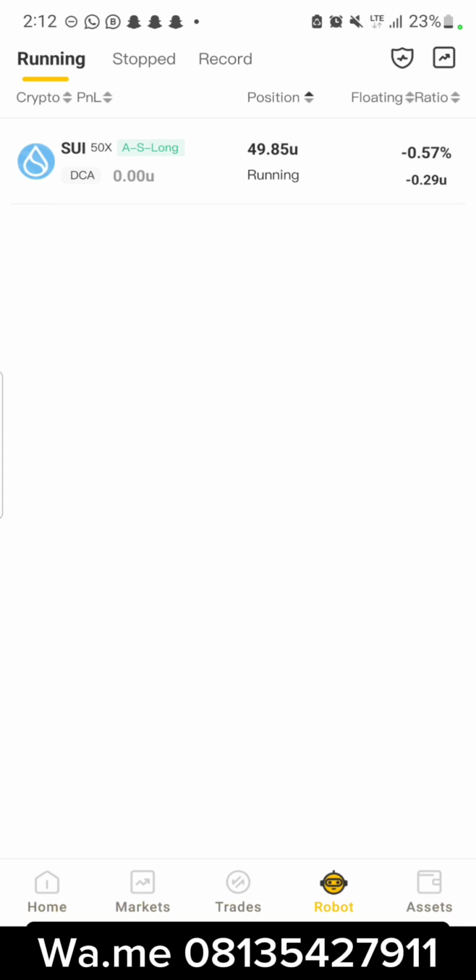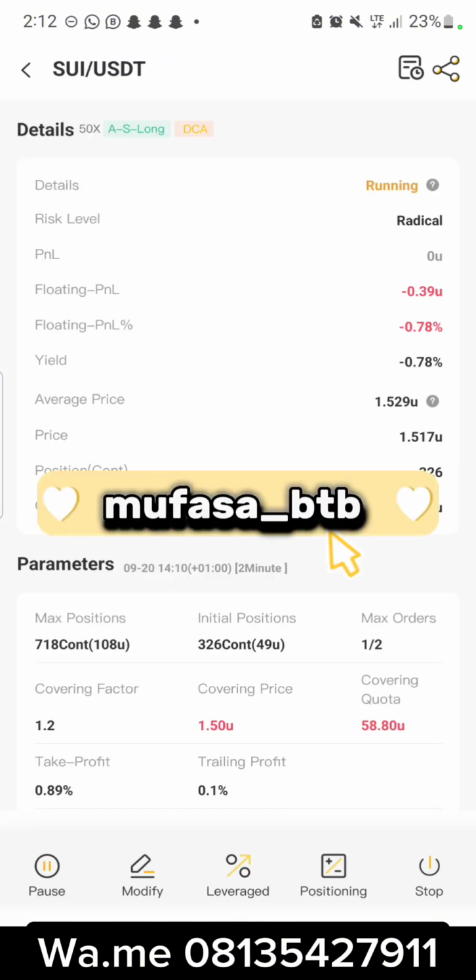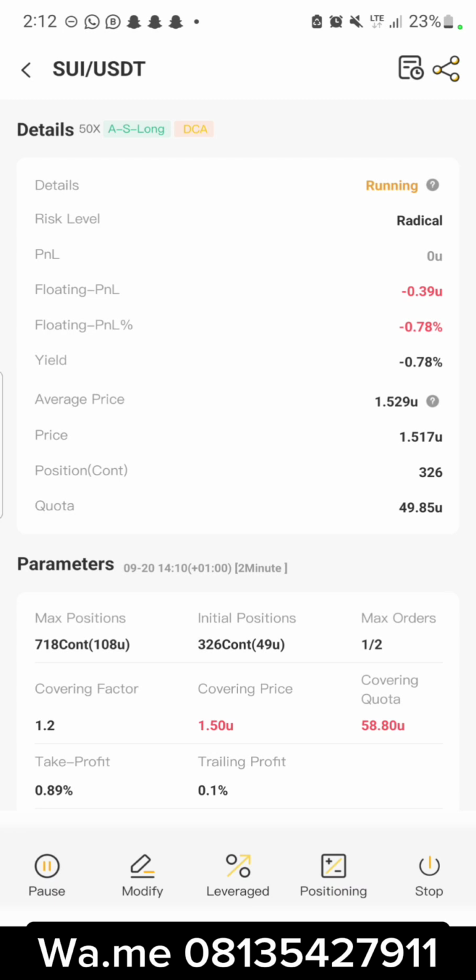Now after this trade runs and takes profit, you will see that sometimes you'll be waiting, awaiting direction. Just go back and do the same thing I did just now. You can just click on the coin and cancel it. If it is showing awaiting direction, you can just click on it. I want you guys to be masters of this, doing it on your own without my consent. Once you click on it, you can only cancel the trade when it's showing awaiting direction. That one you won't make any loss. Now you can come here and click on stop, you understand? That is how to go about this trade.